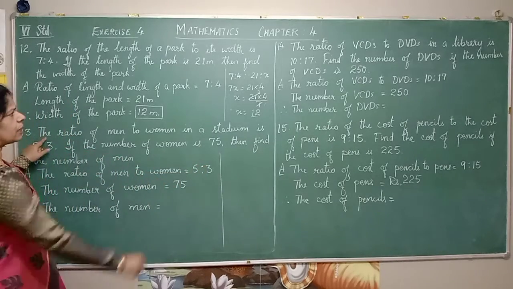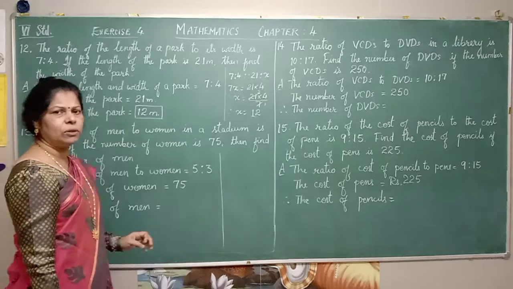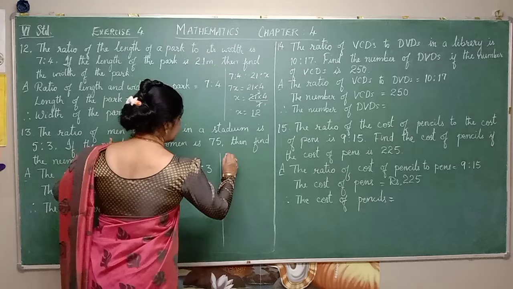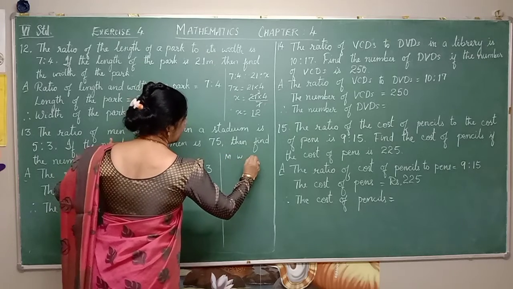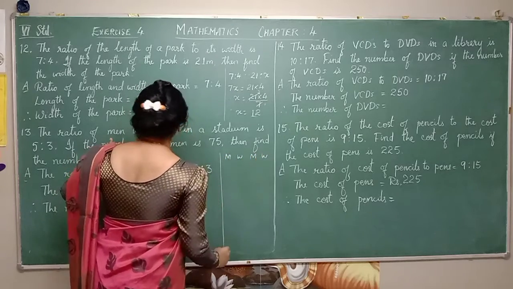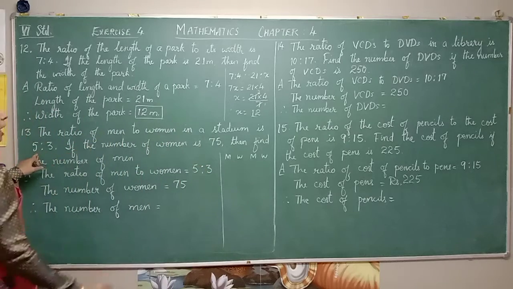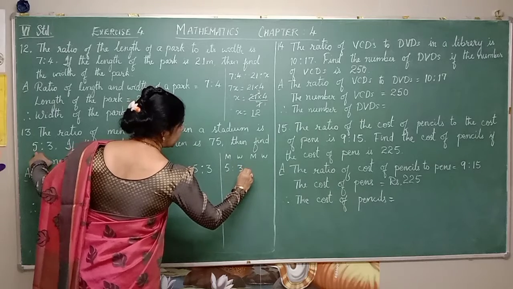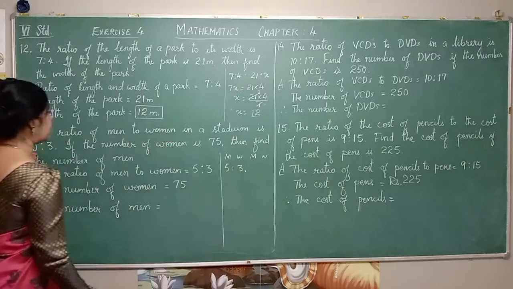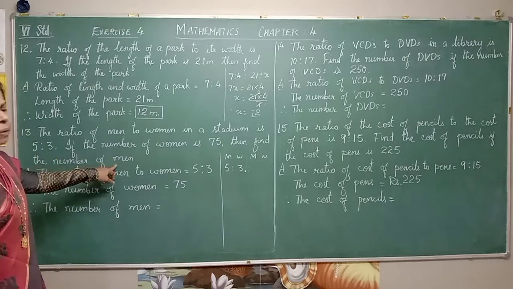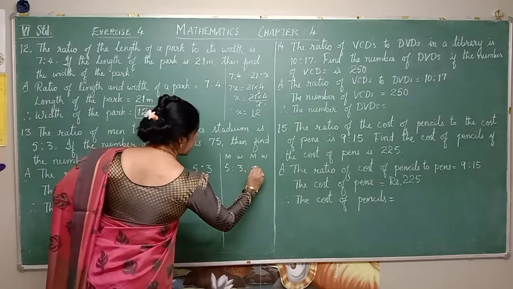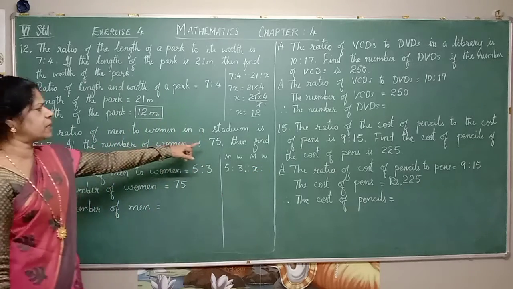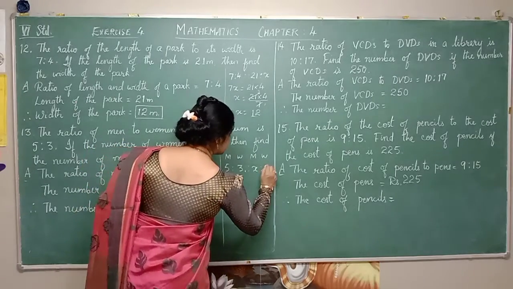So now let us see again the same formula. What is that? A is to B as C is to D. Now here what are they given? Men and women. Again men and women. Should write like this only. So men to women how much? 5 is to 3. 5 is to 3 is as to, again men they are given? No, they are not given men. So in place of men what we have to do? You have to put X is to women. How much are they given? If the number of women is 75. So they are given women 75.